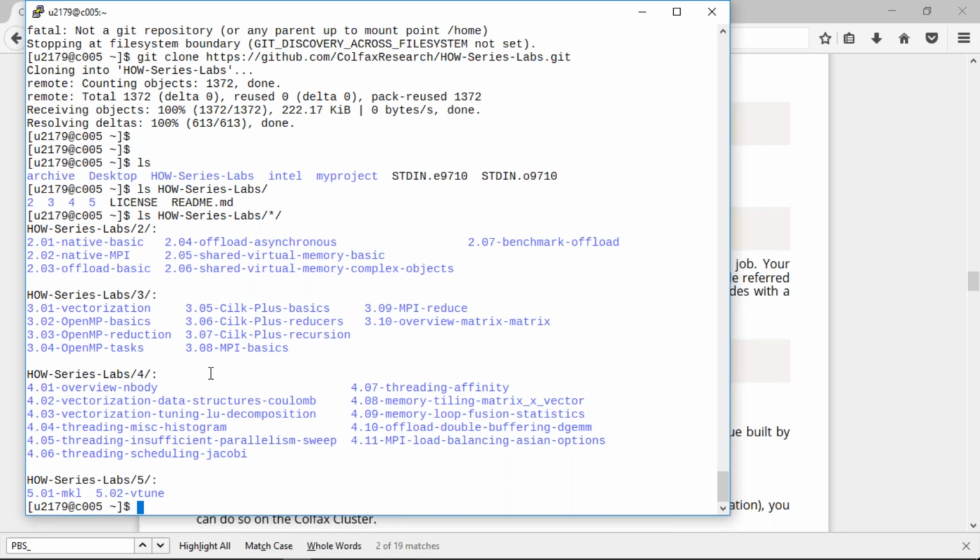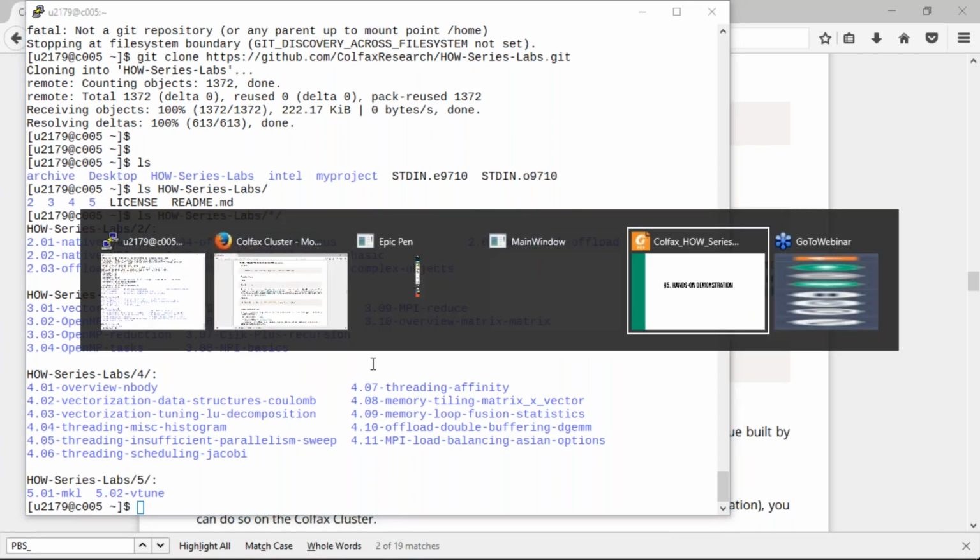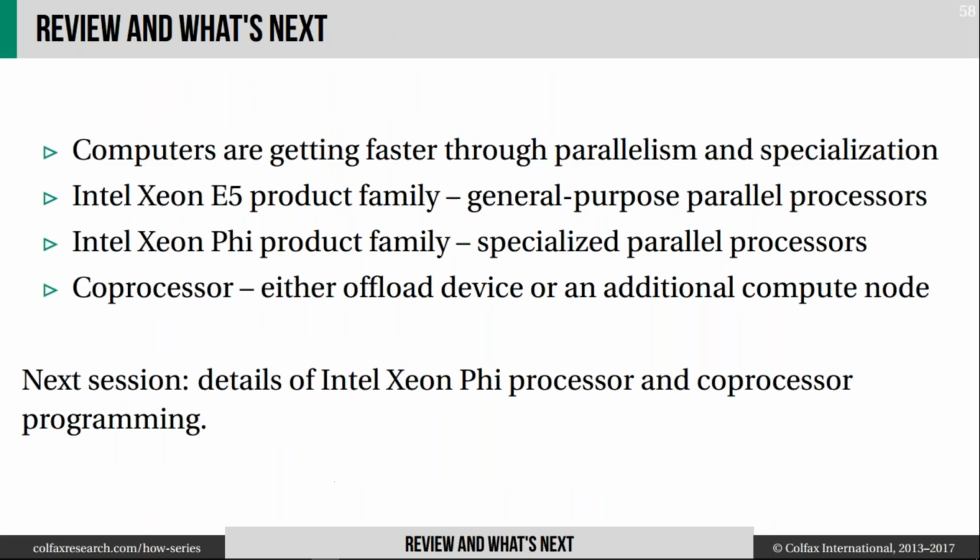Well, that's that. Experiment with the cluster. Thanks for joining us today. I hope to see everyone again tomorrow for the discussion of everything Xeon Phi. How to offload, how to program coprocessors with native or offload programming, how to take advantage of high bandwidth memory in bootable Xeon Phi,